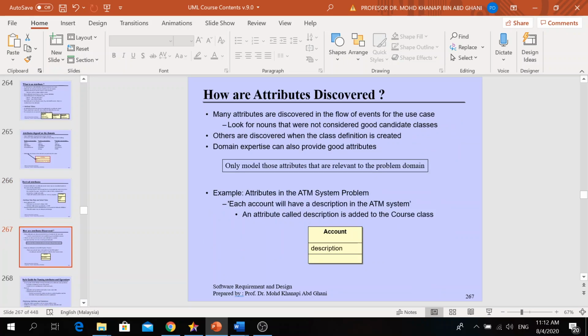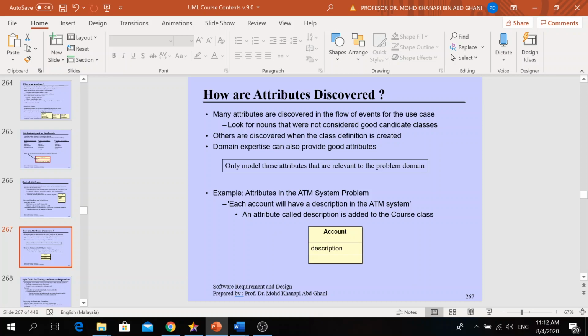So how are attributes discovered? Many attributes are discovered in the flow of events for the use case. You need to look for nouns that were not considered good candidate classes. Others are discovered when the class definition is created, and domain expertise can also provide good attributes. So there is no cookbook to define the attributes.